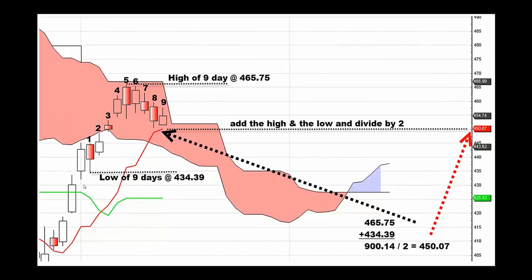So right now, if we're below the cloud, is that a short or a long? That should be a short. We're going to let it rally into overhead resistance, which is the top of the cloud. And then as it's rolling over, if it breaks the 450.07, which in this example, it should, then our next target is going to be the bottom of the cloud here. And then our second target is going to be that standard line, which is going to be 425.42, which is right here. So we're going to short it here, tight stop loss, target 1, and then target 2.